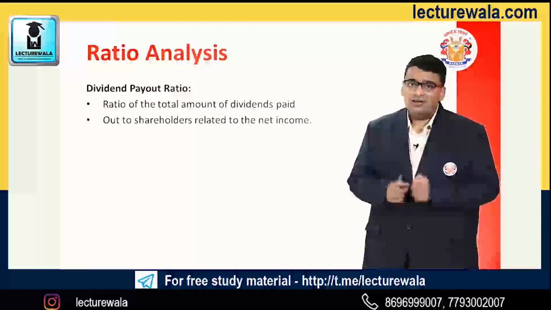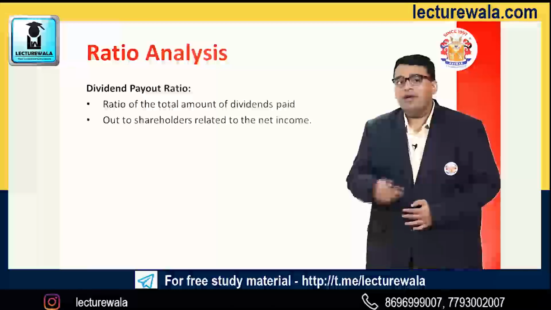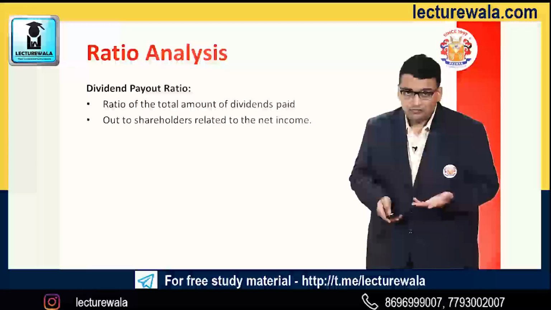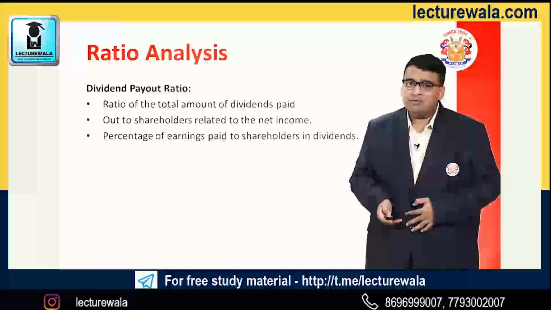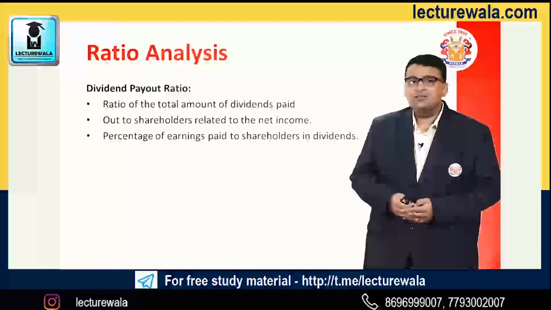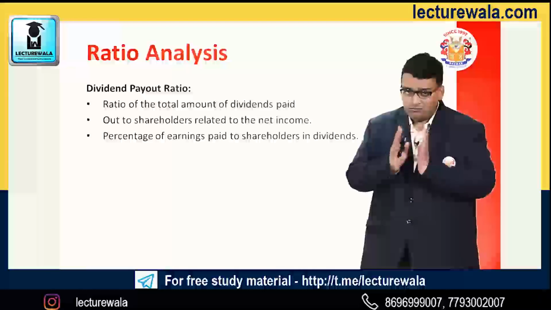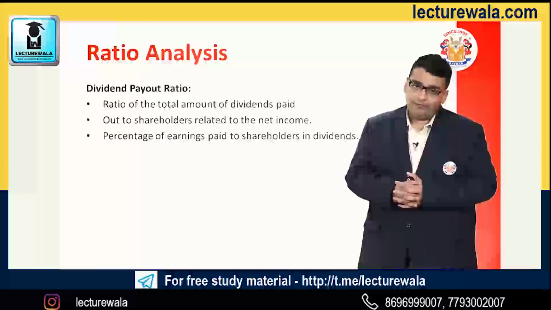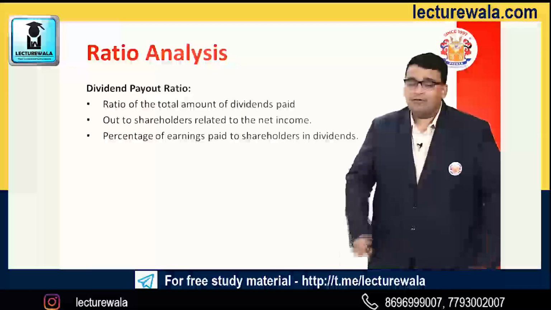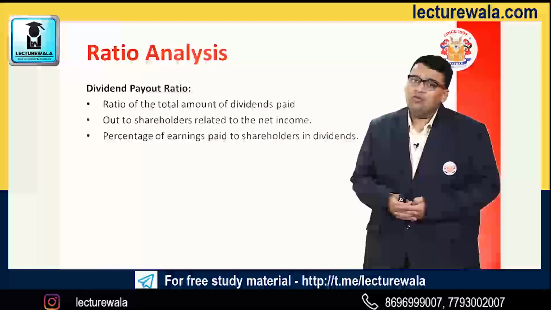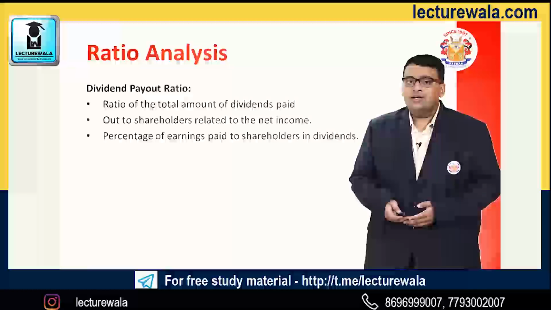That means if the company had earned an income of $100, the company will pay out $50 in the form of dividend to the shareholders, and as a result it would create a positive effect on the company's performance as well as its reputation. Now, the percentage of earnings paid to shareholders in dividend is also known as the payout ratio. That means today I have paid 50% of my earnings to my shareholders. In the current year I have earned $100, and out of the $100 I am paying out $50 in the form of dividend, so I can say that I have paid out 50% of my earnings to the shareholders.